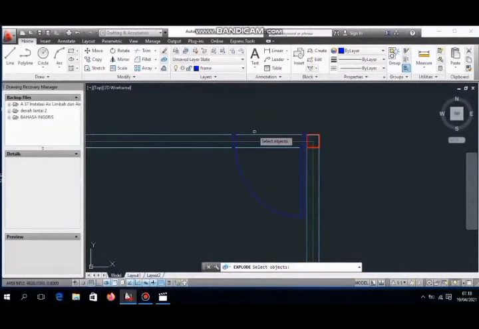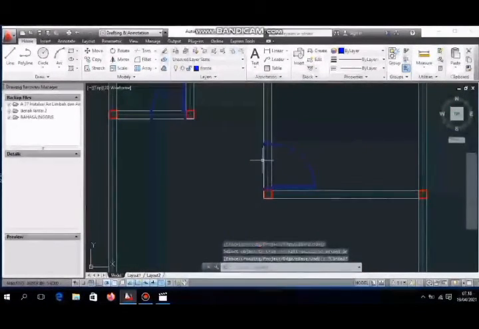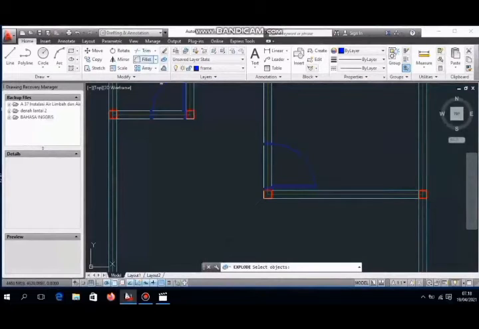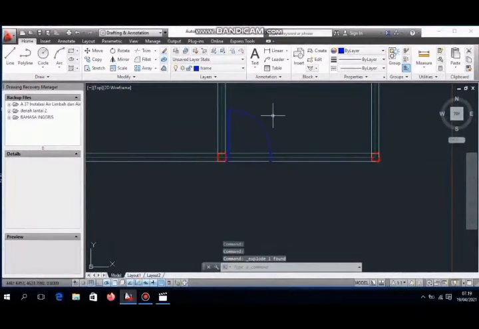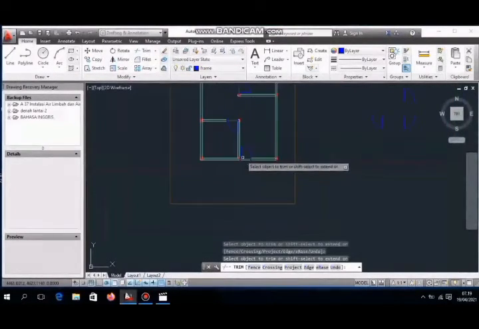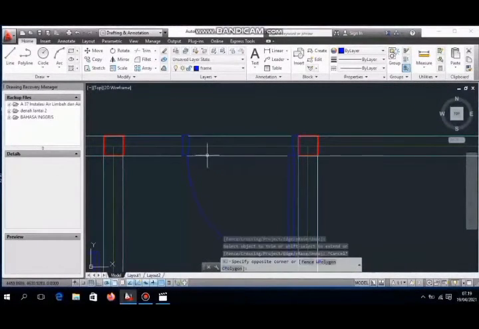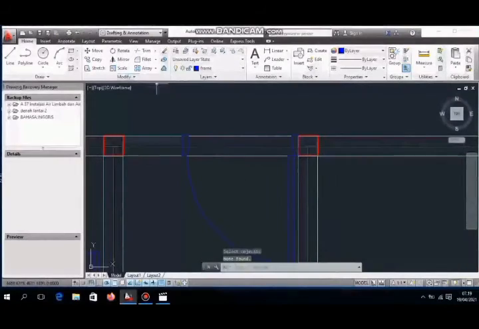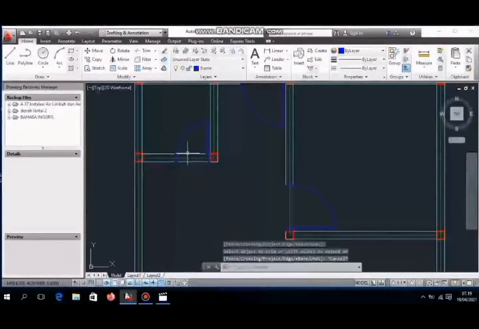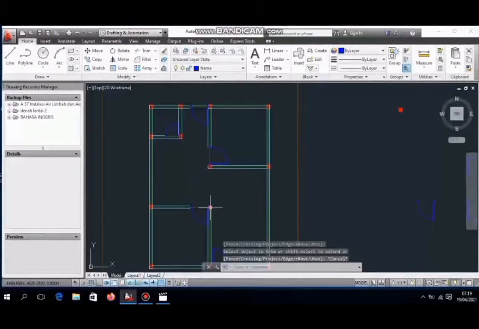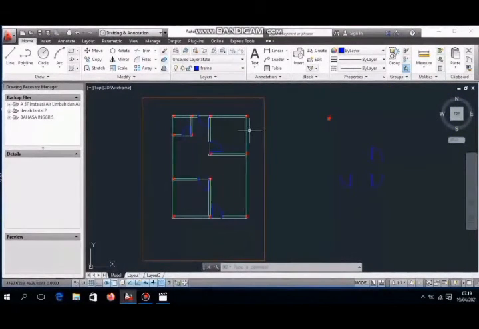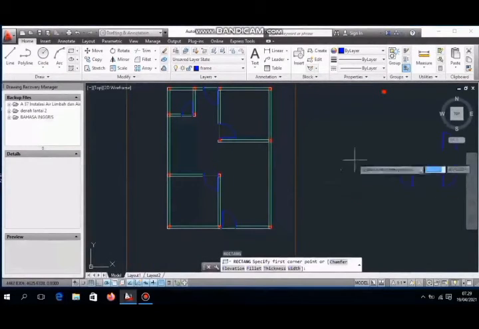Next, we remove the line by selecting the explode, enter, line, trim, enter, select the line we want to remove. Next, we make the window frame.